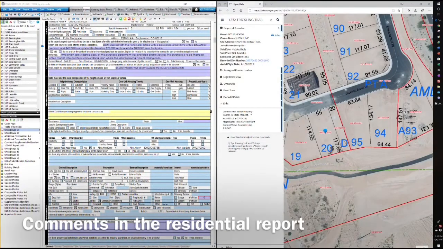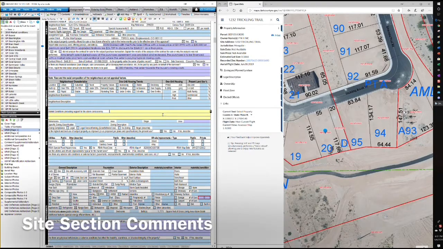Talking a little bit about the sections within the 1004 Residential Appraisal Report form. I thought it might be useful to use some practical illustrations on how some of this information might be put into a residential appraisal report form. So we're going to start on the site section of a new home that